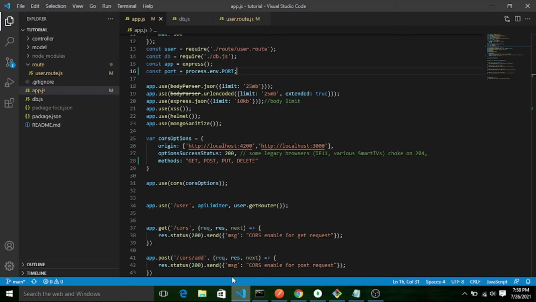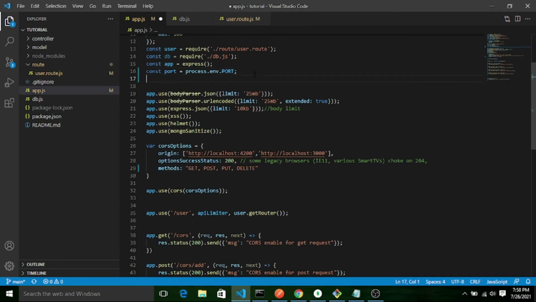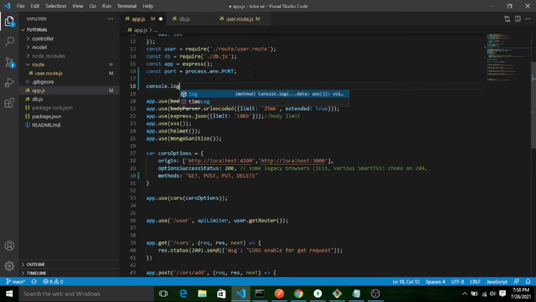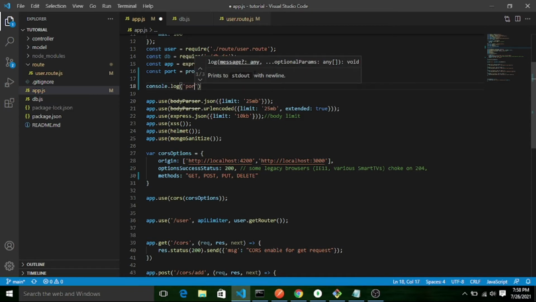Before that, let me do one thing. Let me print a console message so that it will be clearer: Port is equal to our port. So now you can see I have changed this hard coded value. Now I will fetch this value dynamically from the command line.